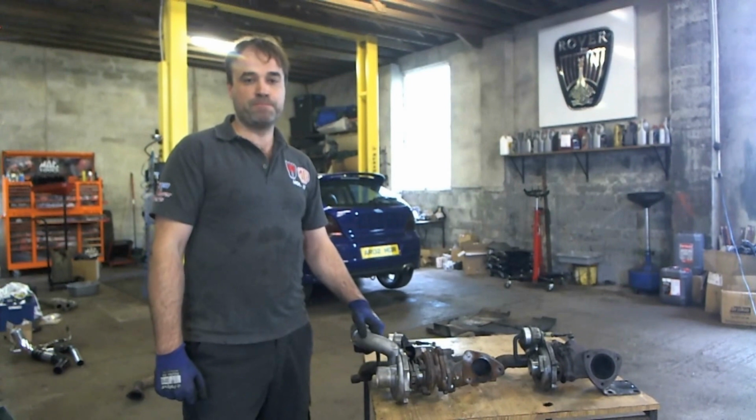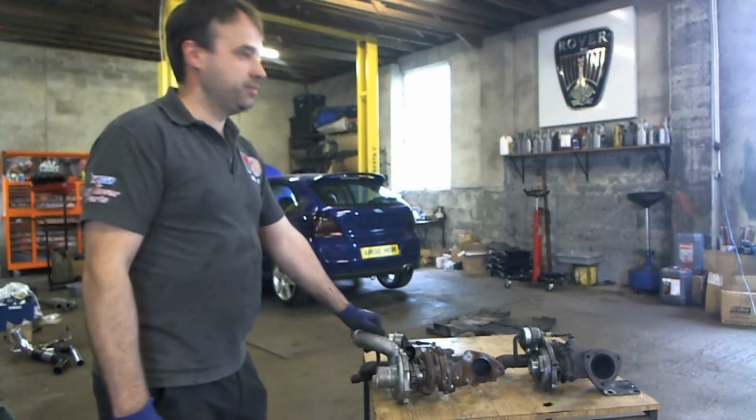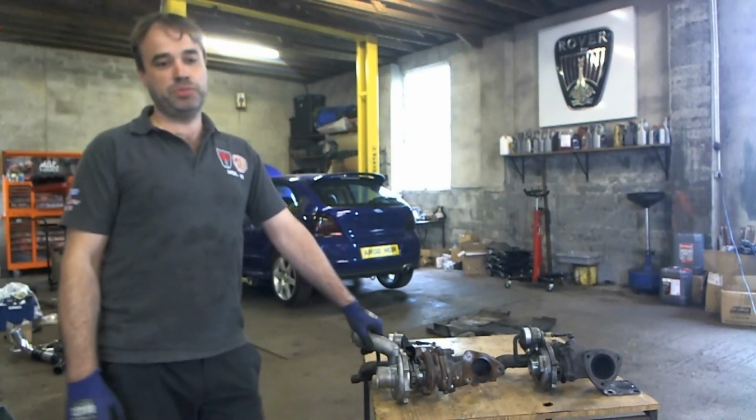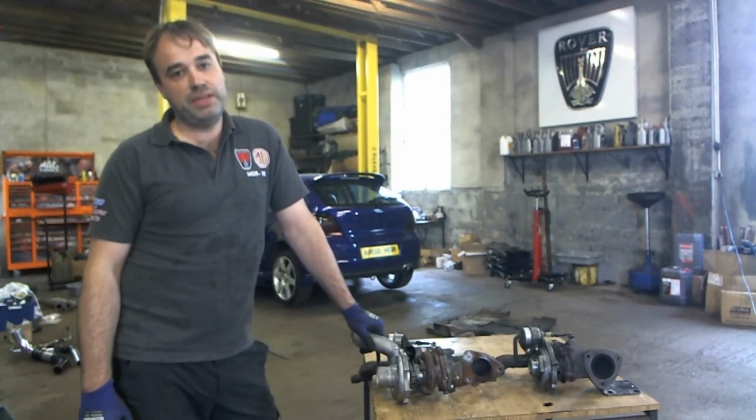But today is a bit different. We have a ZR diesel in today. The customer's been waiting on it for a while now. Basically,